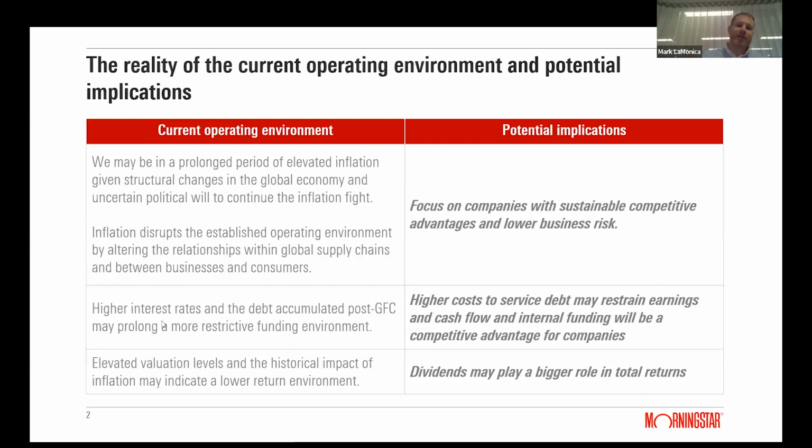The other thing, of course, we need to look at is we have seen higher interest rates, and we're applying those to a surge of debt that's been accumulated post-GFC and then certainly during that COVID period as well. So that's debt that's been taken on by individuals. That's debt that's been taken on by companies. That's certainly debt that's been taken on by governments. And all things being equal, of course, it costs more to service that debt in a higher interest rate environment.